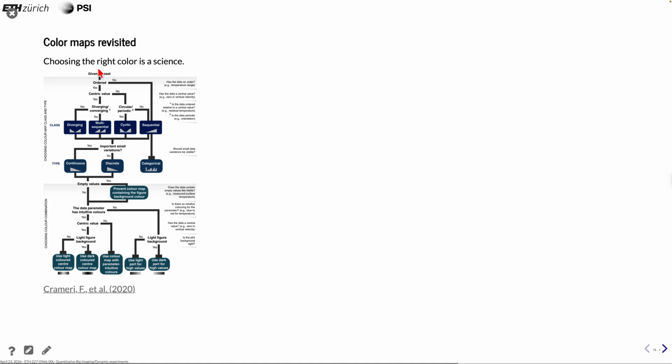And this flowchart tells a little bit the decision sequence, how you go into selecting how you want to present your data. And more about this you can read in this publication. And yeah, you come to different types here. You have continuous data, discrete data, and categorical data. If you have a continuous or discrete,